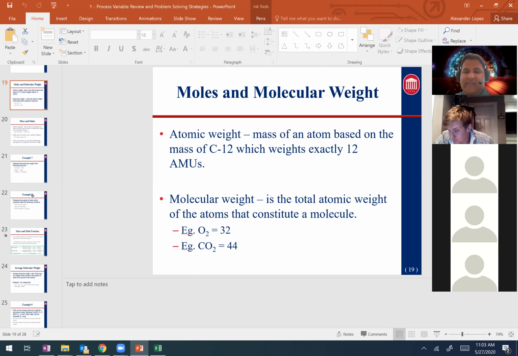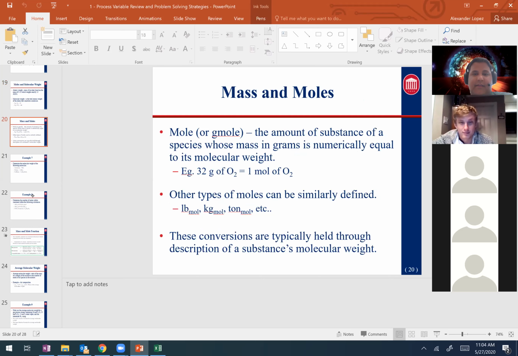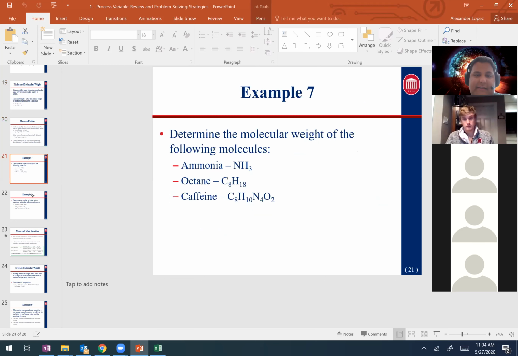But make sure you're comfortable with understanding how atomic weights are calculated, how to calculate molecular weights of components and compounds, as well as the types of moles, how to convert from a gram mole to a pound mole to a kilogram mole, or a kilomole. And we could take a quick look at an example like this,